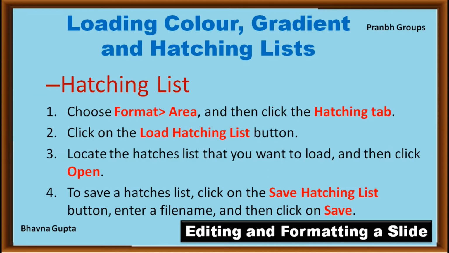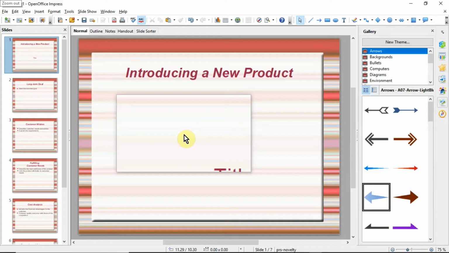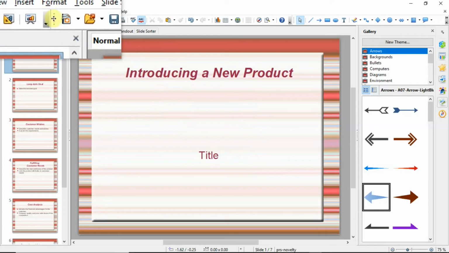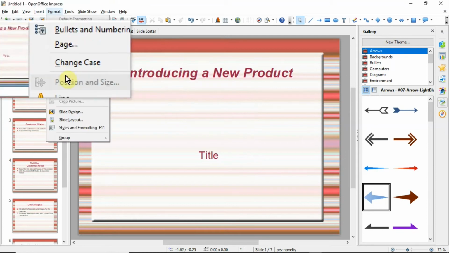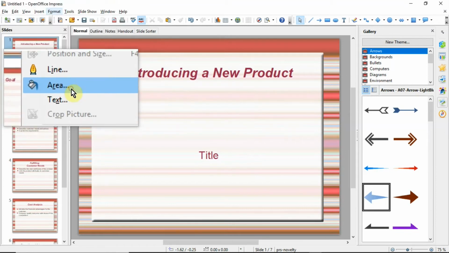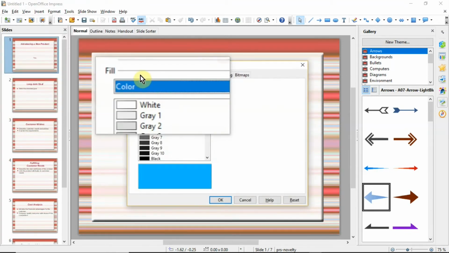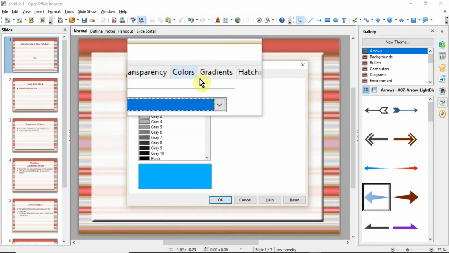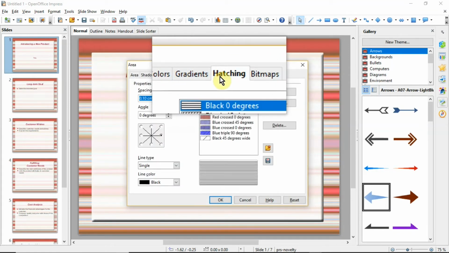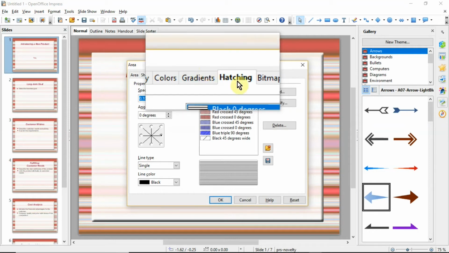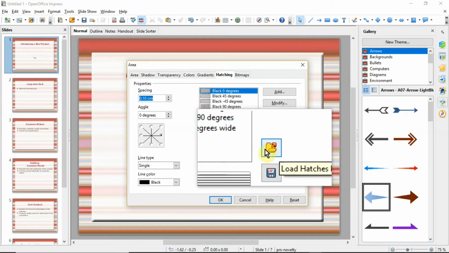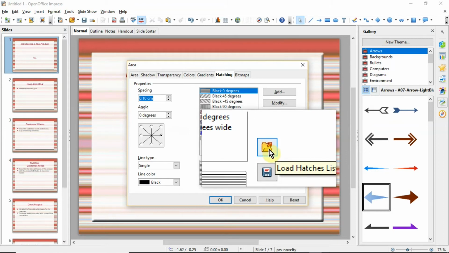To load a hatching list and save a new hatching list, follow these steps. Open your presentation, then click the Format menu and then click Area, and this window will appear. Click on the Hatching tab and then click Load Hatches List